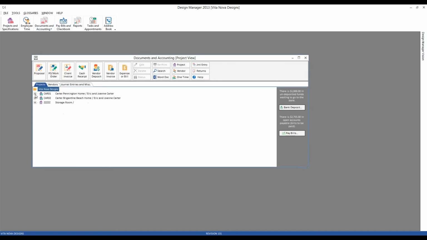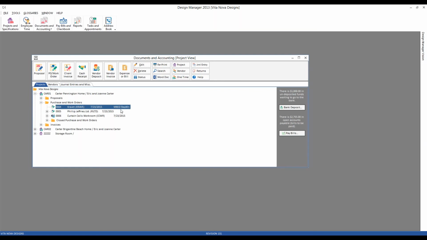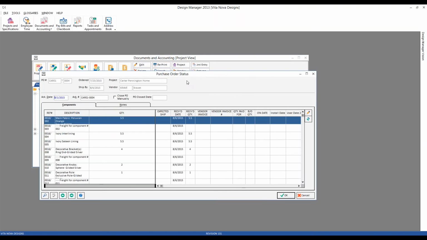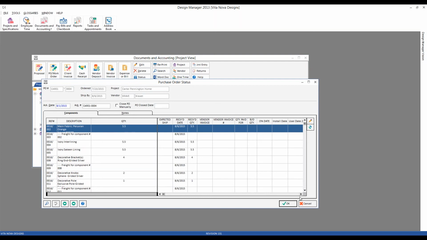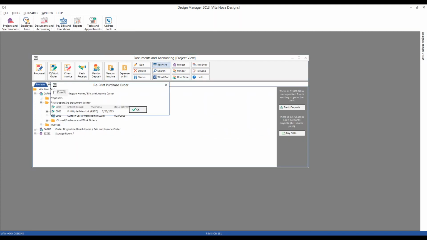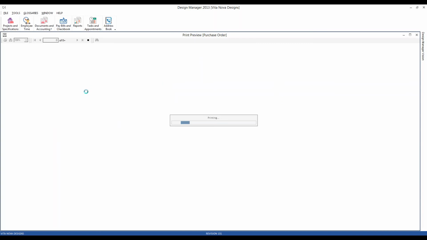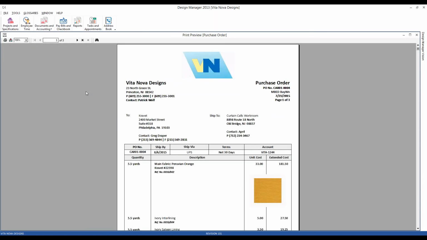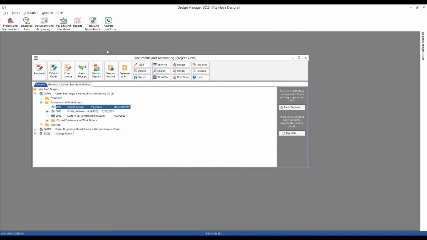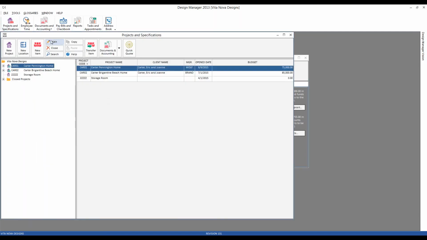Let's recreate that scenario. I've got a purchase order for Cravit. And by using my purchase order status window, I can just simply reprint this. That might be easier. I'm going to be shipping this to Curtain Call's workroom. Okay. Now, I think what the attendee is asking is, on the project themselves, if I